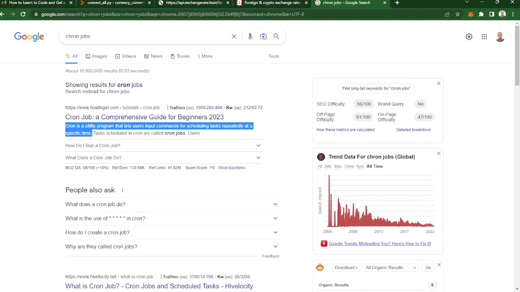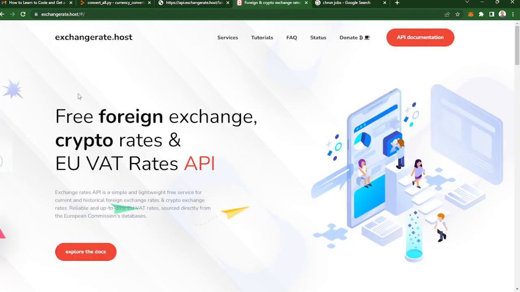Let's find an API that we can freely use, a very free one that we are not limited in the number of requests. Fortunately, I found one, and that is from this platform, exchangeRate.host. So they have an API that is available for free. Let me be quick to add that most of the